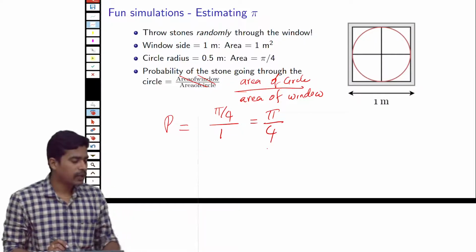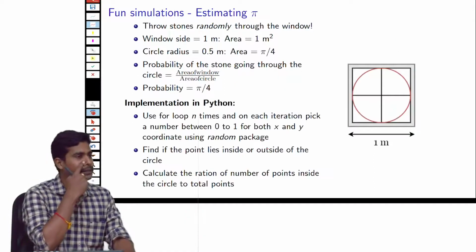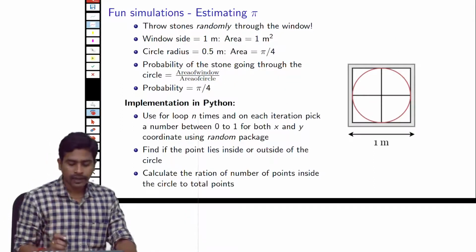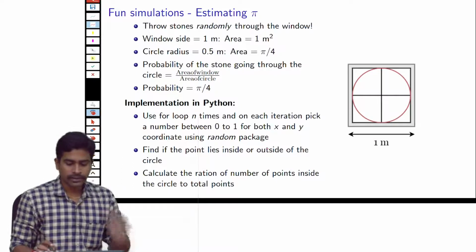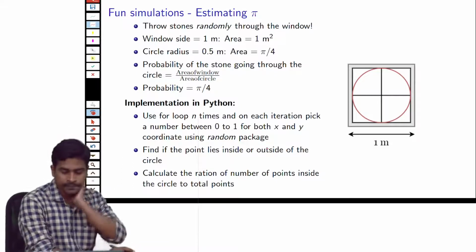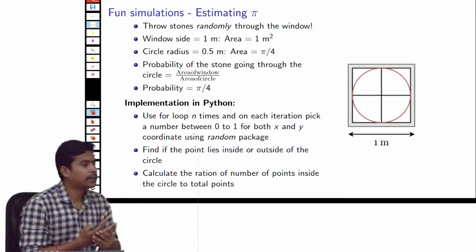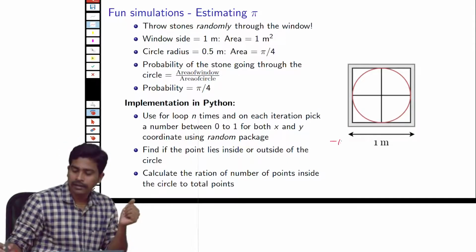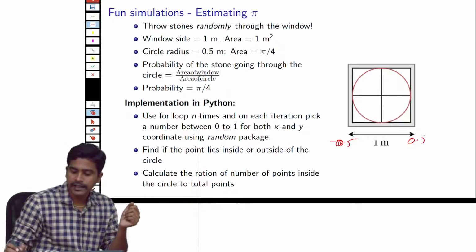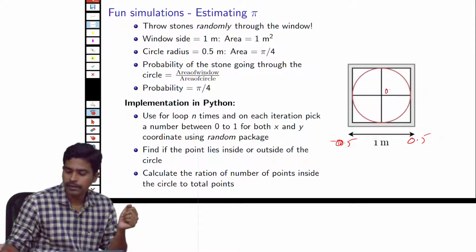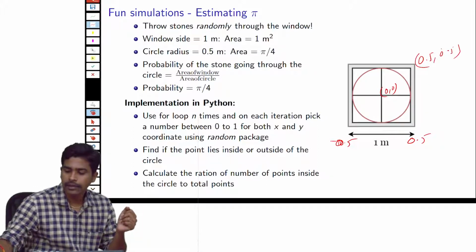Okay, so now we are going to do a random simulation in Python. Here we are picking random numbers. Let's say this is 0.5 and this is 0.5, this is 0 comma 0, this is 0.5 comma 0.5, and so on.